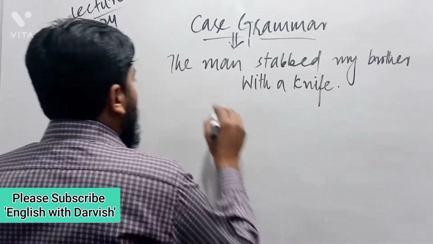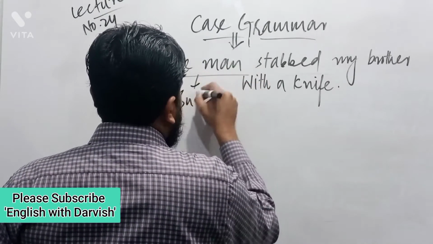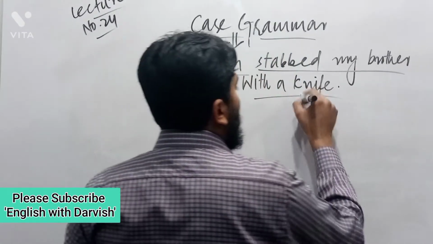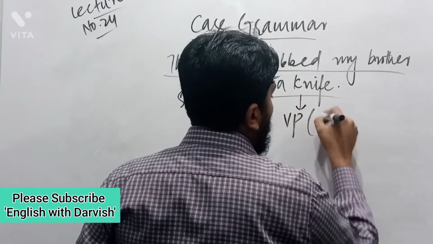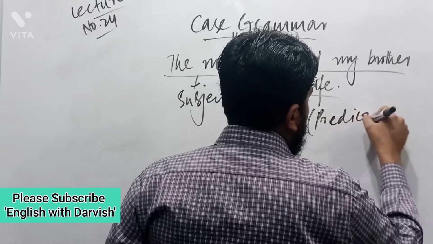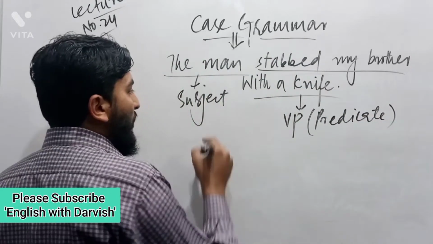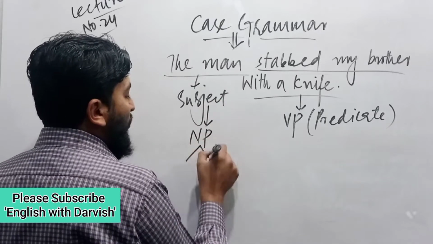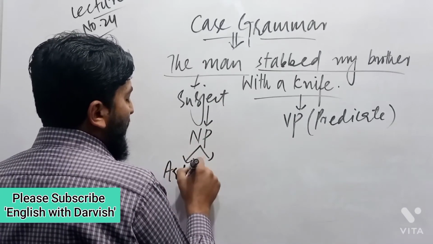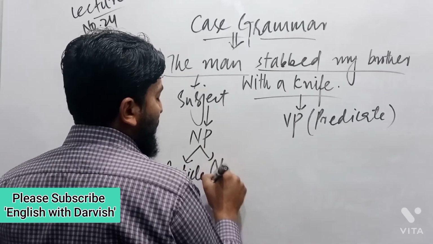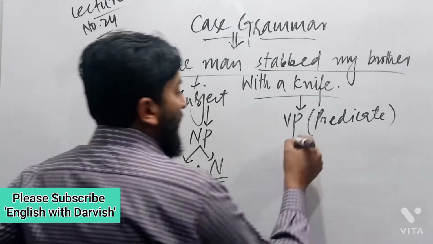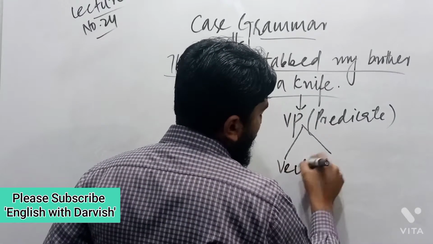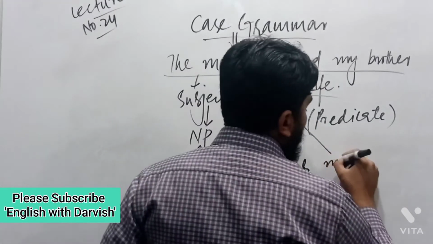It means that the man is the subject, while the remaining part, stabbed my brother with a knife, is called the verb phrase, or the predicate. Now in the subject, there is a noun phrase, and in the noun phrase, there is a determiner which is called an article, and there is a noun. But in the verb phrase, we have a verb as head, and my brother